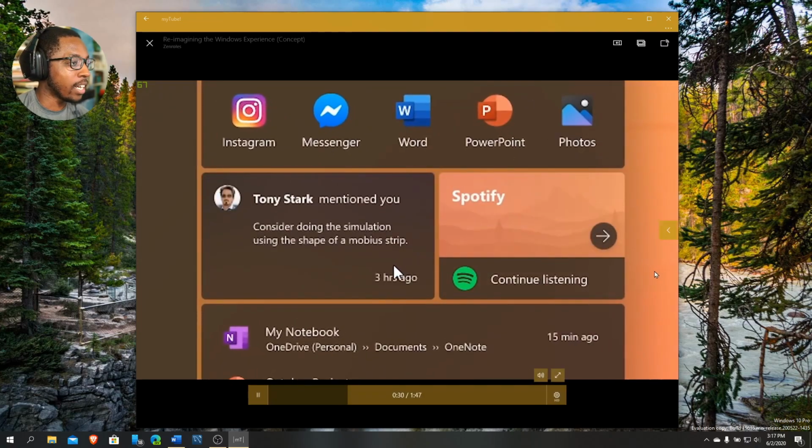He's got Spotify. It looks like this is some kind of messaging system built into his computer. I don't know whether he's using your phone as a backend, or this is just social media. I think this is social media because it says 3 hours ago. I don't know, but I like this idea because